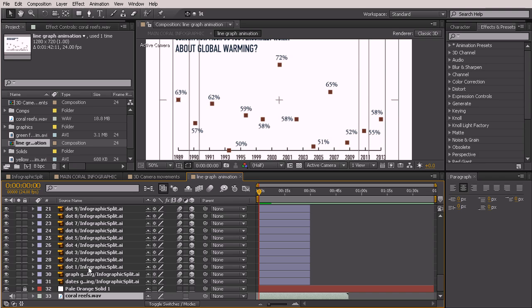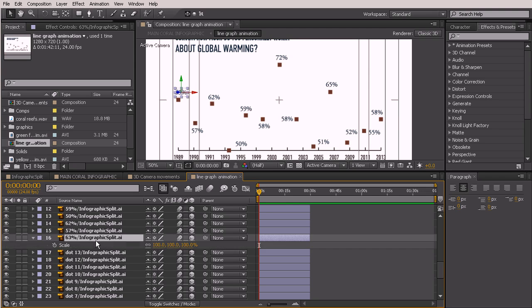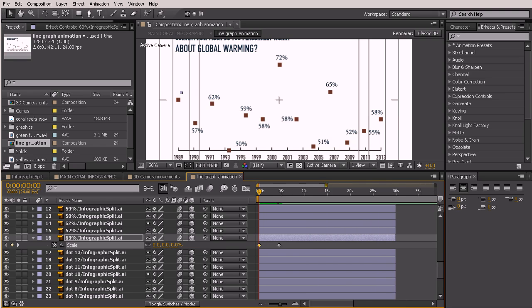So I'm going to start with just our first number, 63%, and I want this to scale up just right here from the beginning. So let's go ahead and hit the S key to bring that up. And I just want this to be a simple scale up animation from 0 to 100. So I set a keyframe at 100, pulled it forward, then we'll take this down to 0, and let's just have this animation happen over about 6 frames. So I'll just move forward 6 frames,